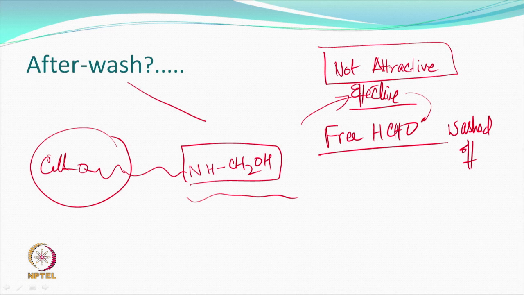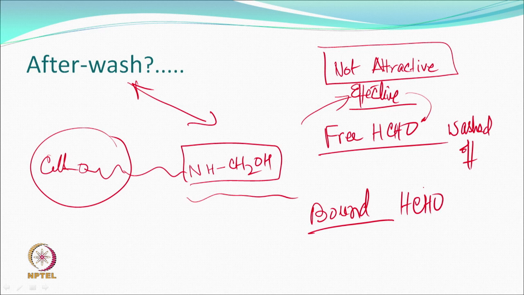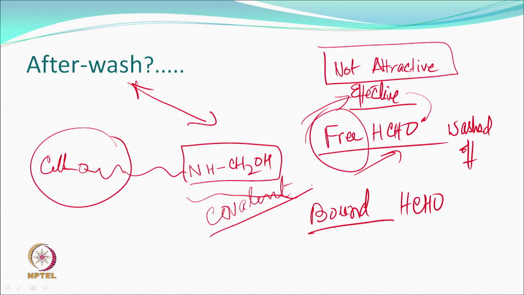Can afterwash remove this bound formaldehyde? I am sure you would agree that with a simple wash, this bound formaldehyde is going to be difficult to remove. Are you getting the point? So, afterwash can be effective to definitely remove free formaldehyde, but may not be effective in removing this bound formaldehyde, because this binding is also covalent. Is that right? So, there is some limitation, but we are quite sure that this bound formaldehyde release is a